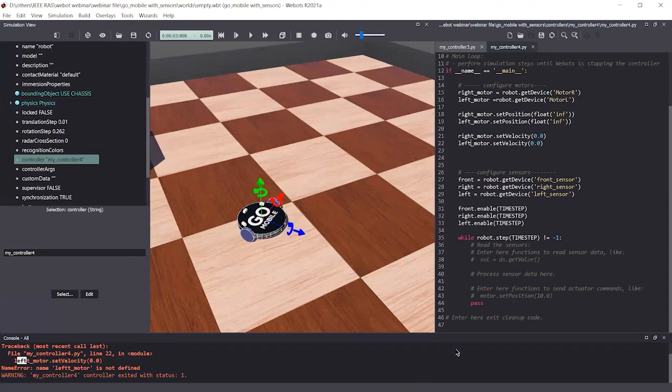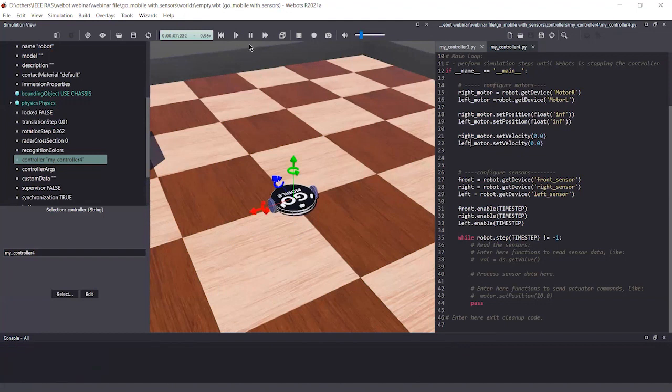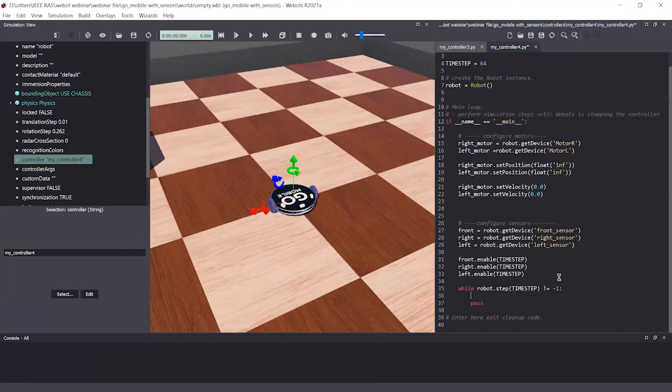So I'm again clearing the console. Okay, now we have access to our motors and sensors. Now we want to control them. Let us give some velocity values to our motors and see what happens.